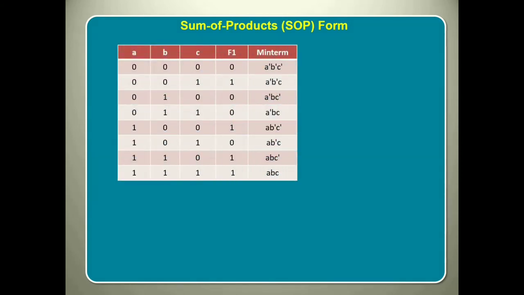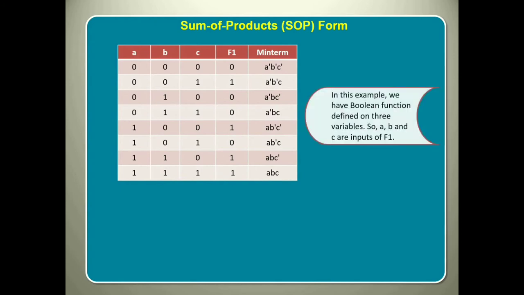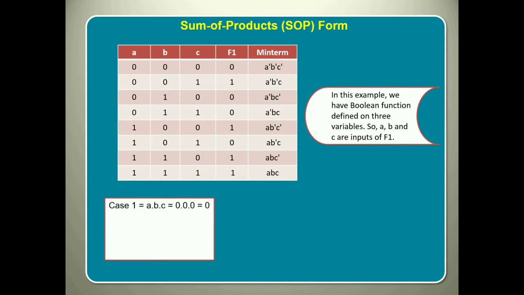Here is a simple example that implements sum of products, SOP, in Boolean function. In this example, as you observe, we have a Boolean function defined on 3 variables. So, A, B, and C are inputs of F1. As shown here, the function for case 1 is 0, case 2 is 1, case 3 is 0, case 4 is